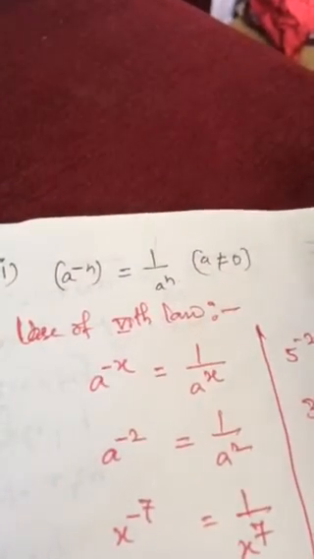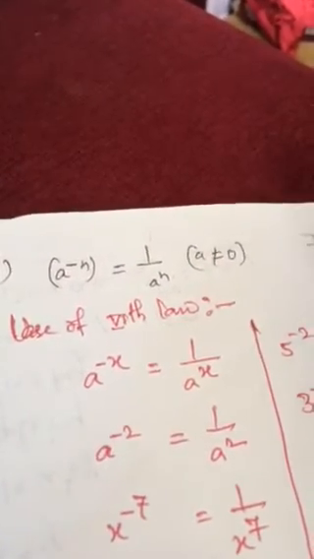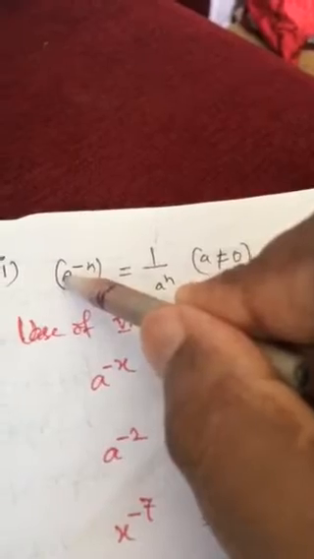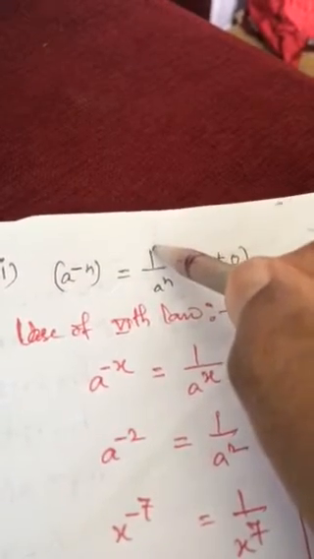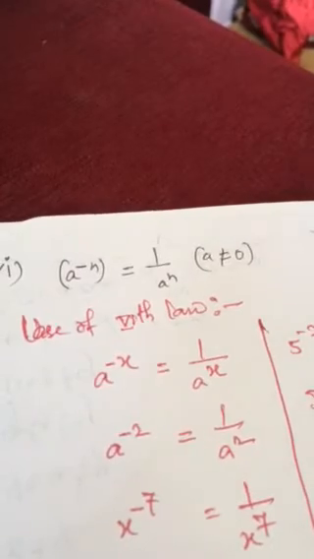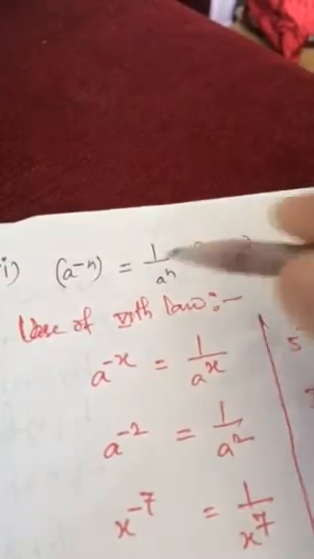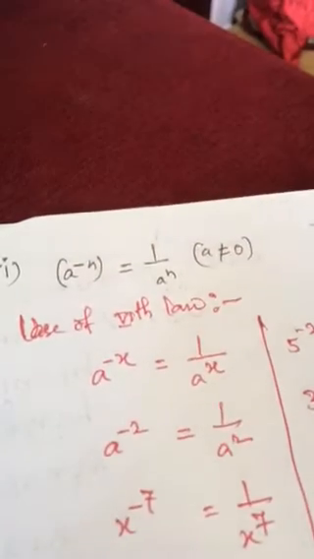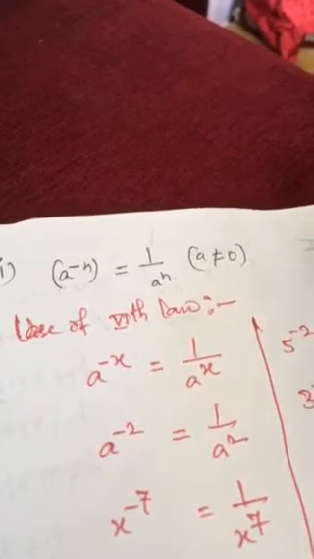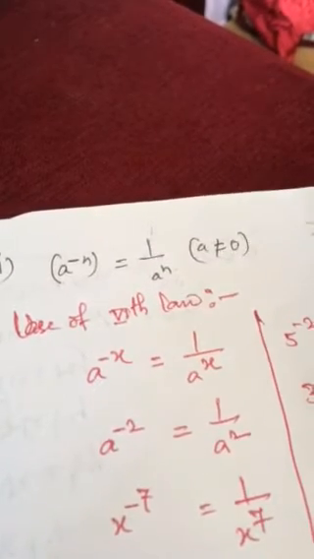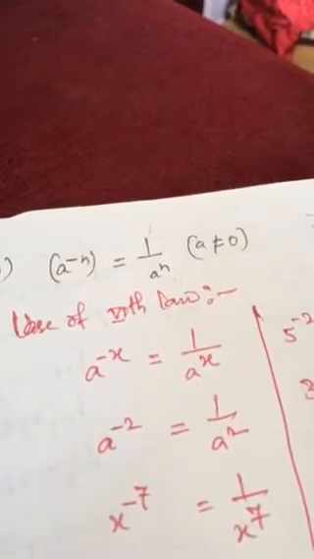Like if it is like this, I want to show you. If it is like this, what coefficient is here? There is no coefficient, there is 1. So 1 is written as numerator. But what coefficient is here? 7. 7 is written, thus it can be written 7 by. Okay, if there is no number, we have to write 1. If there is any coefficient, then we have to write that coefficient. After that, this index form will go positive in the denominator. Okay, so a negative 5 will be a positive 5.